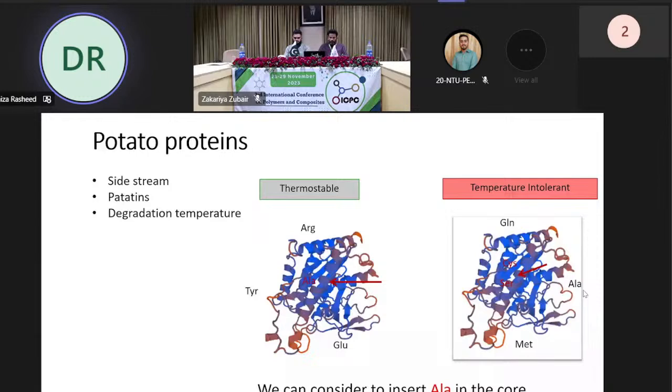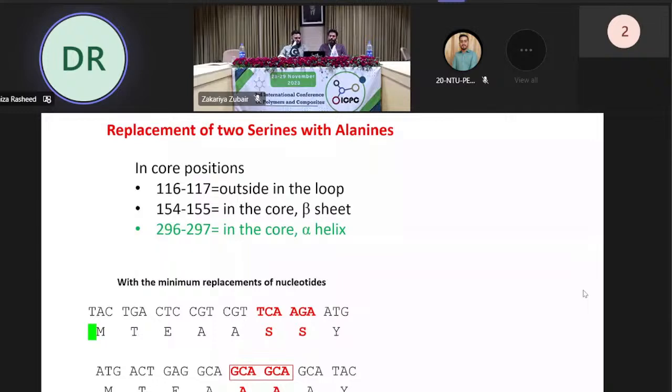cysteine or serine. Definitely we cannot change cysteine because this also gives the mechanical strength of the protein, so that's why that is more thermostable. So we decided to increase the amount of serine molecules in the core of the protein. We did this with the potato proteins, which have a PAT5 protein or PAT3 protein. They have two adjacent serines at 3 different locations, and